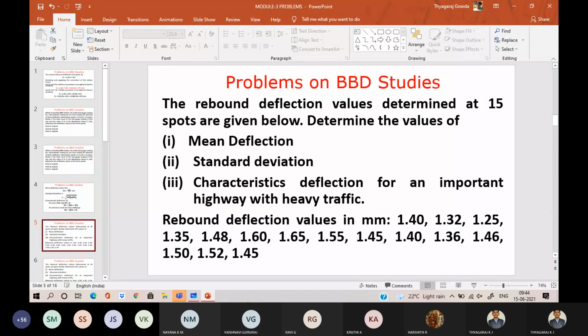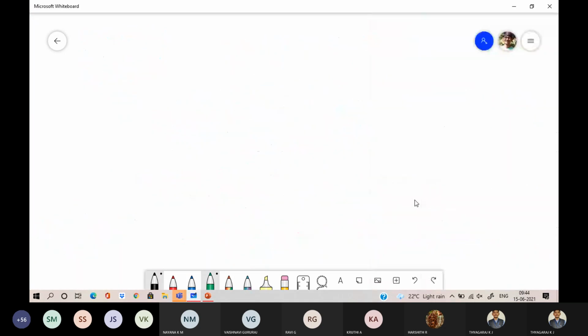Now we will move to the solution part. Everyone completed? Others? Kindly respond. Is it completed? Okay. Now this is a very simple and easiest type of problem in this subject. So using your calculators only, you can easily calculate this one. Whatever data they have given, first write it. Solution. How many number of spots they have conducted in this data? Number of spots is equal to 15.